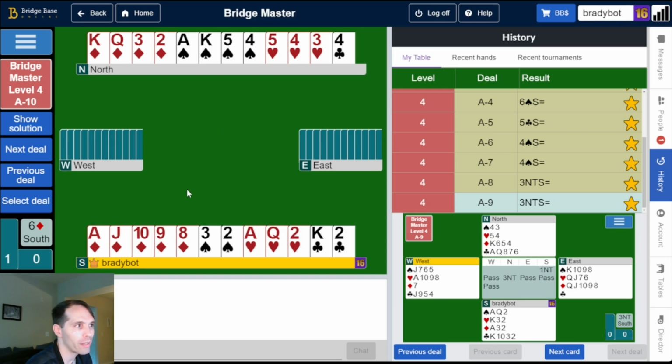If trumps are 3-1, what are my options? I can still go Ace, King of Spades, Spade Ruff, King of Clubs, Club Ruff, and lead the 4th spade. The issue is that East might...